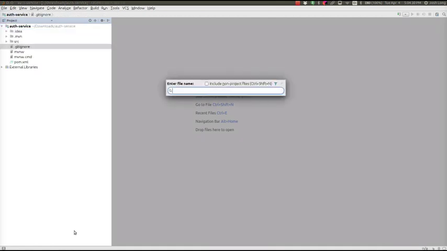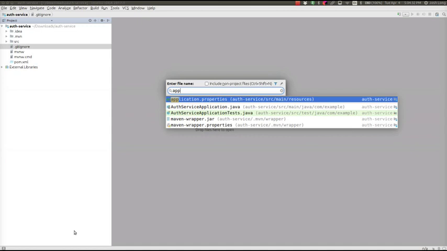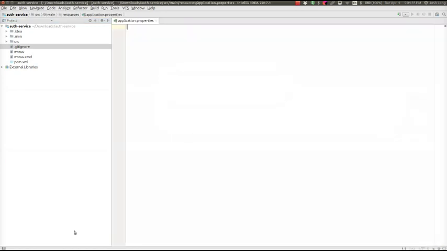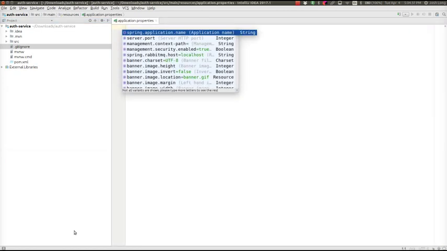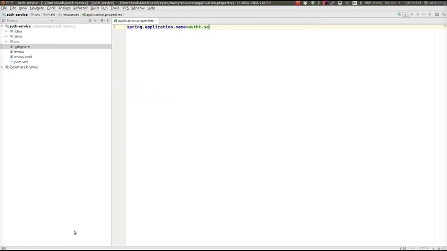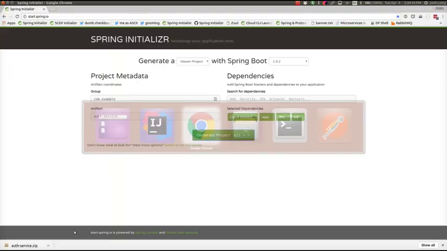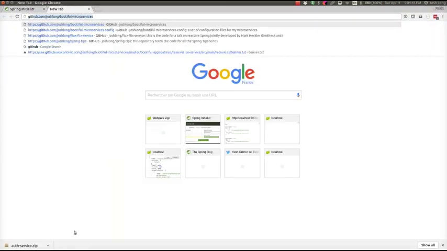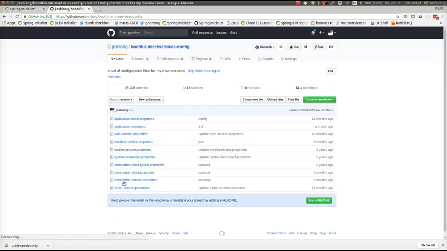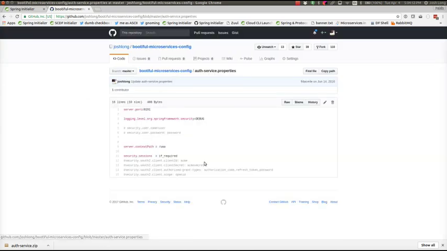All right. So we have a few things that we need to do. We need to first provide some configuration. I'm going to call this the auth service, right? And normally in a Spring Cloud sort of architecture, you'd have a config server, and you could just point this to your config server. But as I don't have that set up here, and I don't really care to go out of my way to do that, I'm just going to copy some existing values that I have laying around